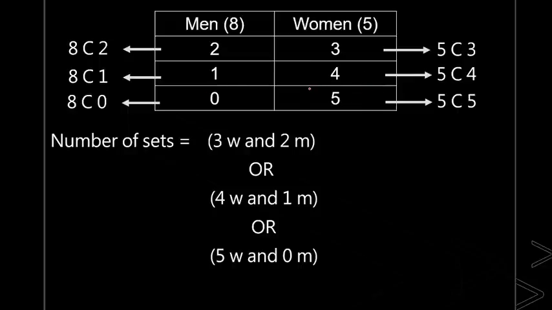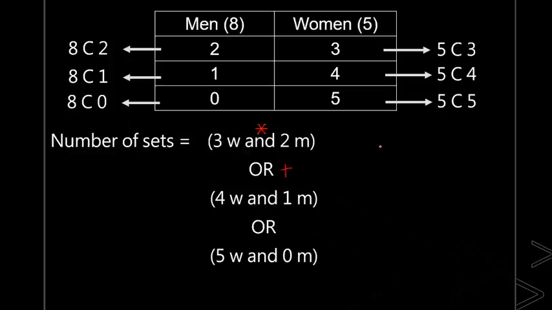Always remember this. When I connect them with and, use the multiplication operator. When we connect them with or, use the addition operator. This is an important part of combinations. If the sentences are connected with and, use multiplication. If the sentences are connected with or, use addition.